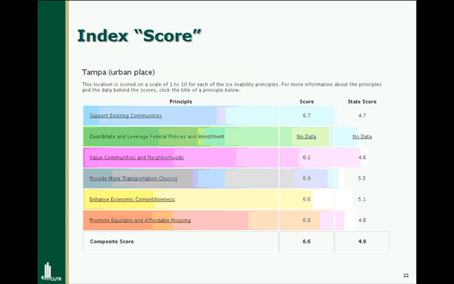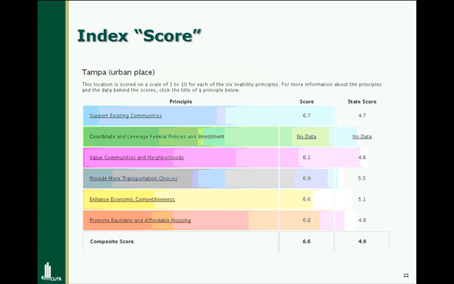So with that information, we're able to do a combination of drill down information as well as generalized information, and you could drill up and down the index to get that information. The big challenge with this index, of course, is that we're trying to generalize a piece of information that is hard to be clear about. And our goal was to indicate how well Tampa is doing relative to other urban places in the state of Florida, as well as